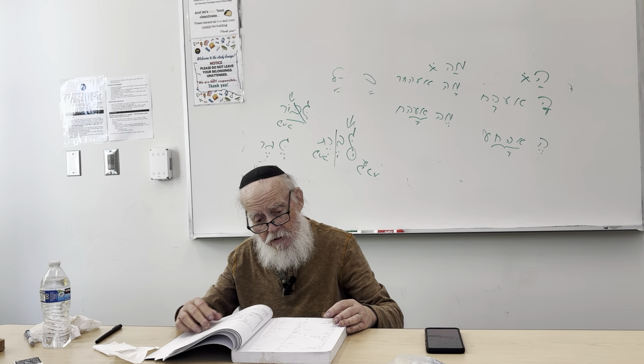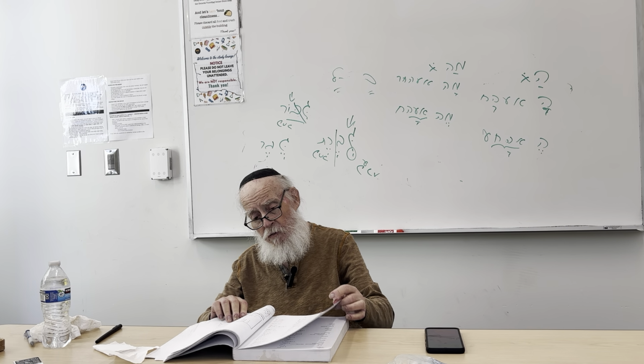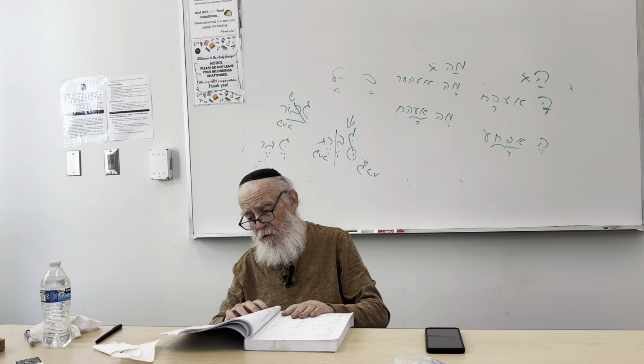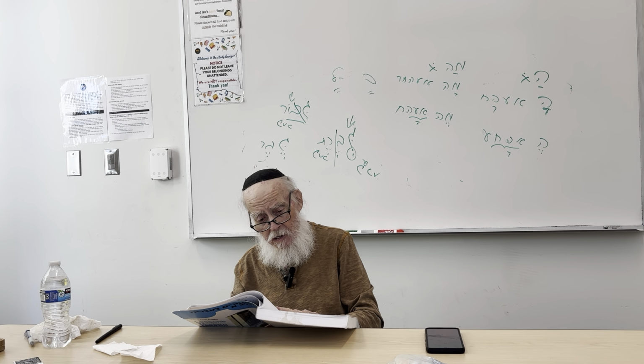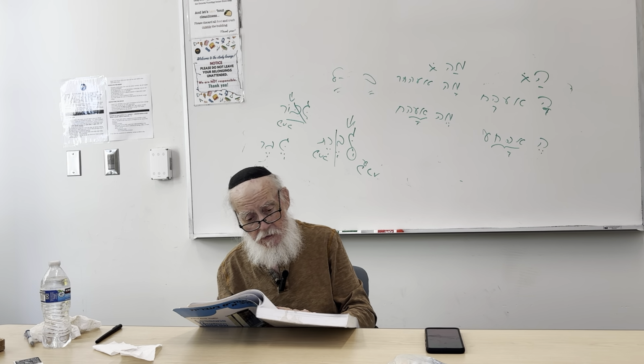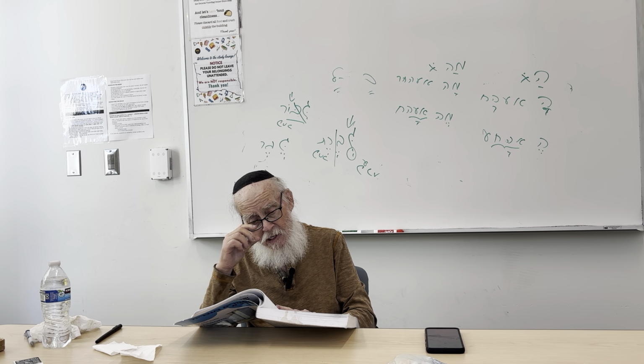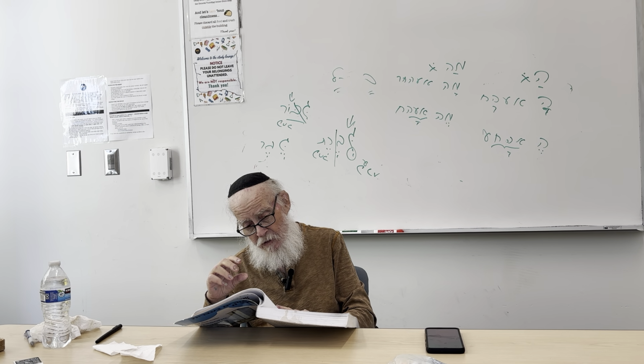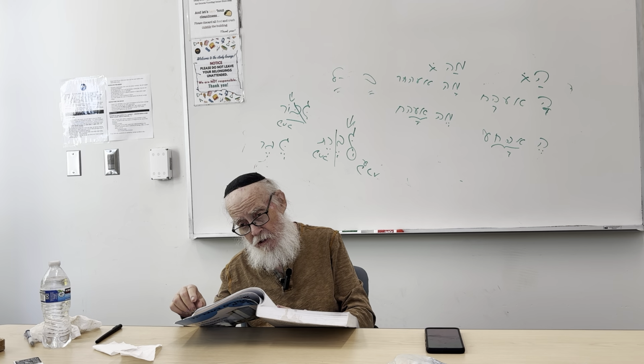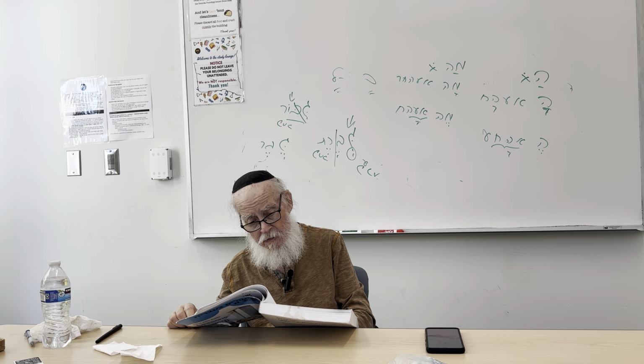The letter Hey, she identifies as a definite article. Normal pointing of the Hey is with a patach. The three dots that follow imply the Hey is being affixed to a word that follows. If the Hey is pointed with a patach, then the word that follows, the first letter, will have a dagesh chazak in that first letter. But that's not the only pointing of the Hey. We already went over it multiple times. The Hey can be pointed with a kamatz in front of the laryngeal letters, or resh. Hey is pointed with a segol in front of the laryngeal letters with a kamatz underneath. So these are the different pointings of the definite article.